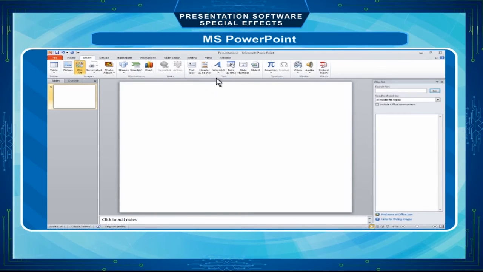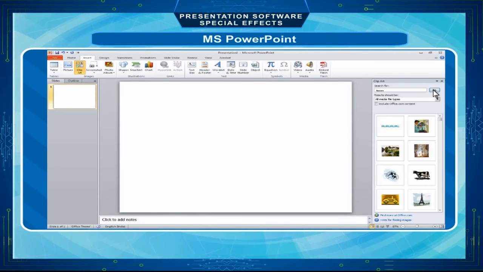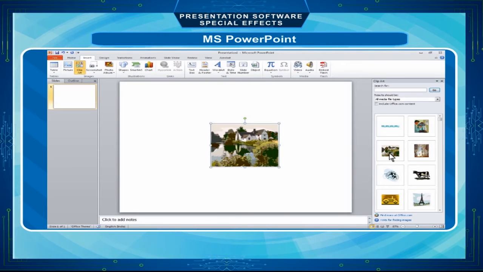In the Search for text box, type the search keyword, for example, flowers, and click Go button. A list of clip art images, flower images, will display. Click the down arrow next to the image to be added and click Insert button. The selected clip art will be inserted in the center of the slide.